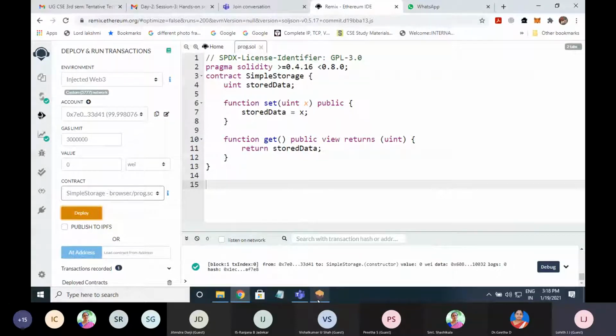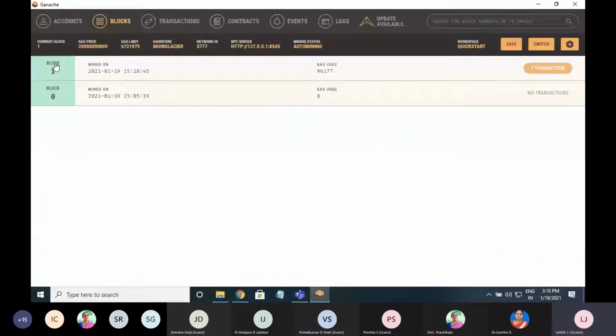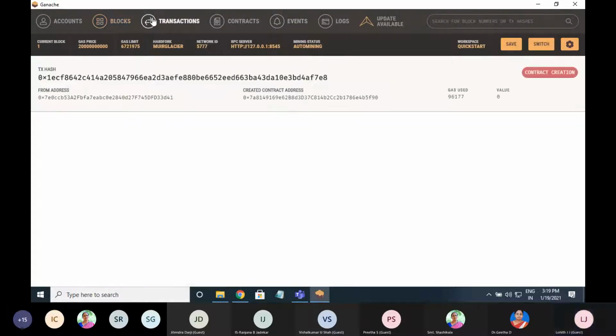Now I'll come back to this. See here, block 1. You can see this, right? Block 1 was mined on 2021-01-19 at 15:18, that means 3:18. Gas used 96177, 1 transaction. See here, transaction hash 0x1EC from address 0x7E0C.